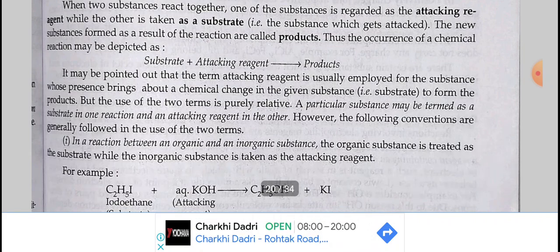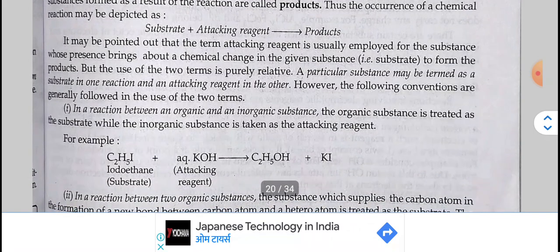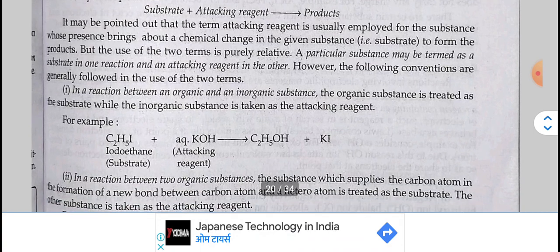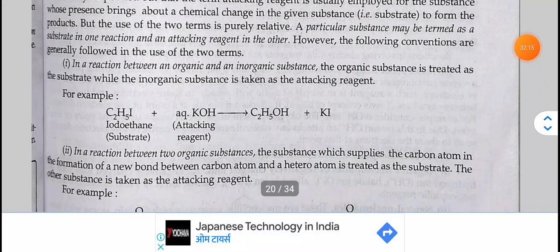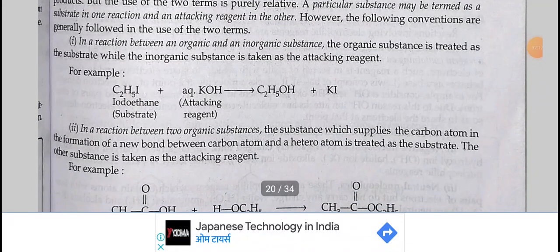But the use of the two terms is purely relative. A particular substance may be termed a substrate in one reaction and an attacking reagent in another. However, the following conventions are generally followed in the use of the two terms. In a reaction between an organic and an inorganic substance, the organic substance is treated as the substrate while the inorganic substance is taken as the attacking reagent. Example: iodoethane (substrate) plus aqueous KOH (attacking reagent) give